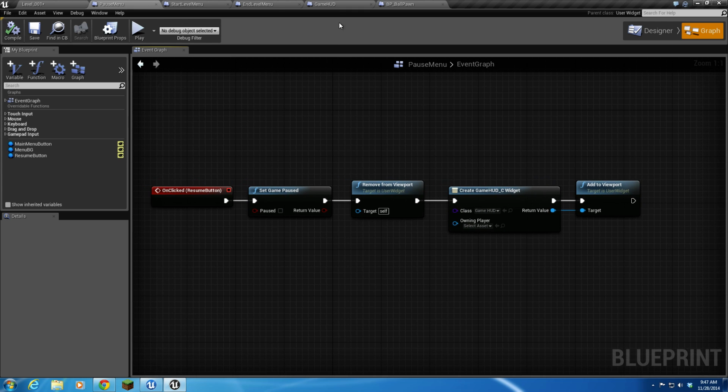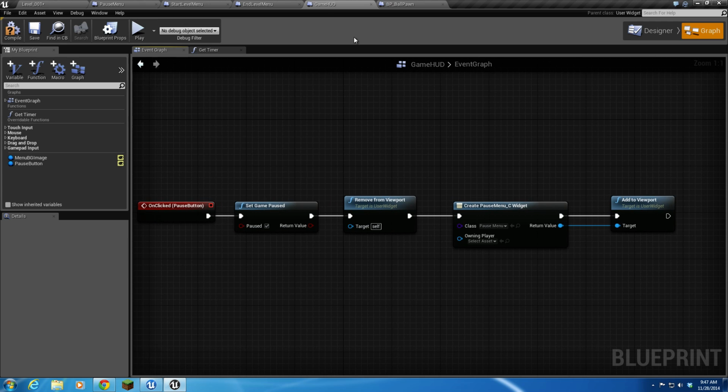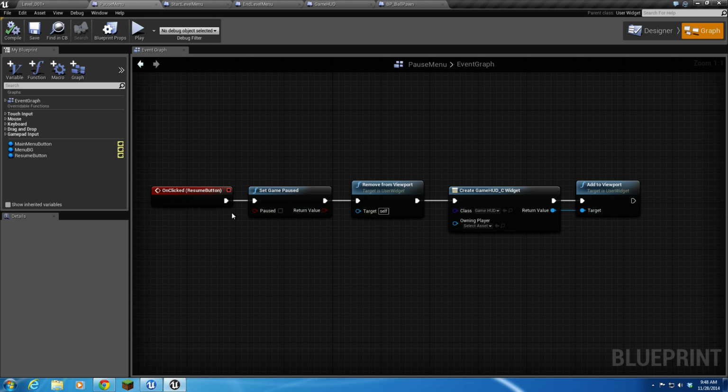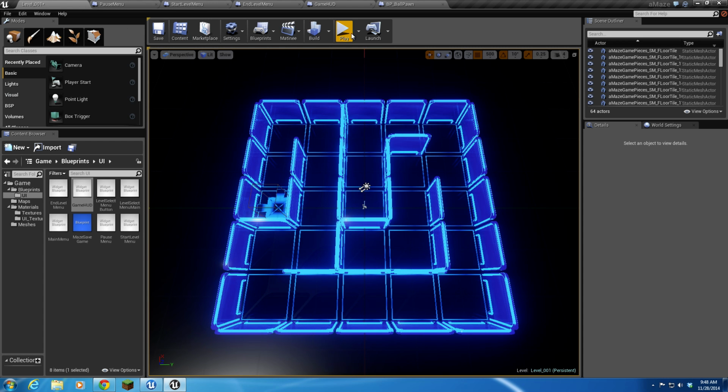Alright, so real quick, on the game HUD, whenever we hit the pause button, it'll pause the game and add the pause menu. On the pause menu, whenever we click resume, it'll unpause the game, take the pause menu away, and add the HUD. Alright, so let's go ahead and play,